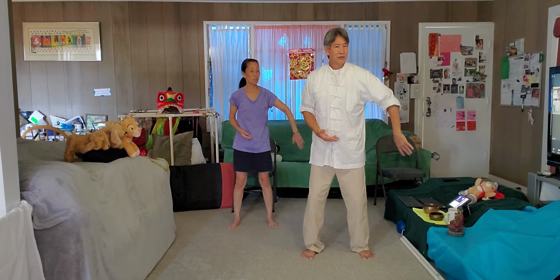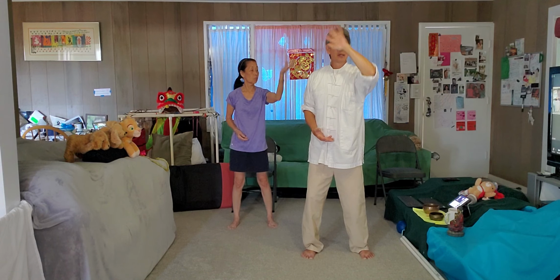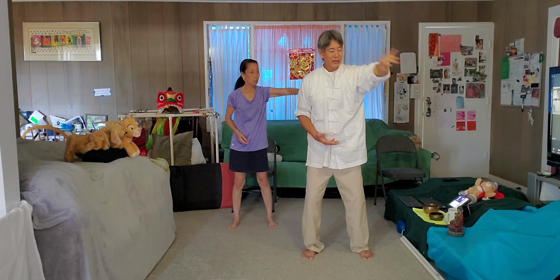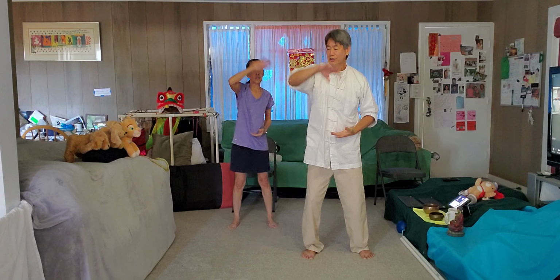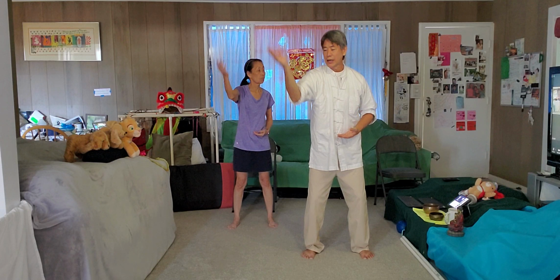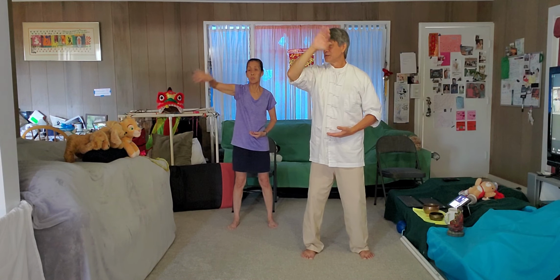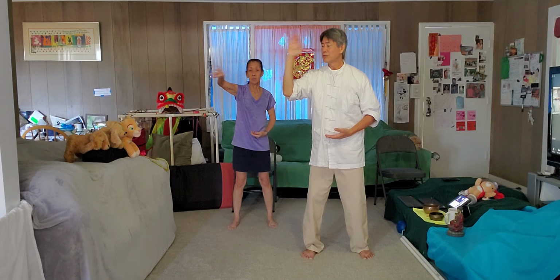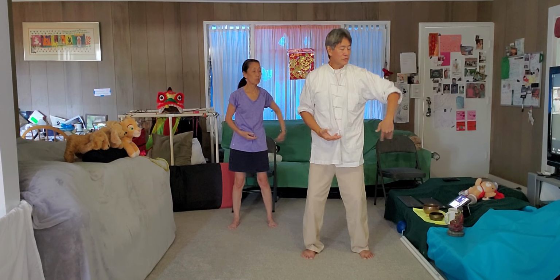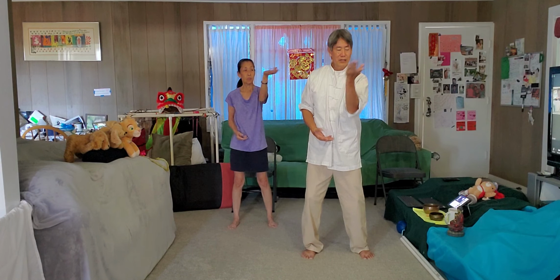We'll just end with this routine, going back and forth and switching. So 3 times. And then I'm going to switch to the other hand back, and start all over again. So 1, 2, 3, and then rising, same hand, 3 times, 1, 2, 3, and I'm going to switch to the other hand, going back first, 1, 2, 3, and rising, same hand,